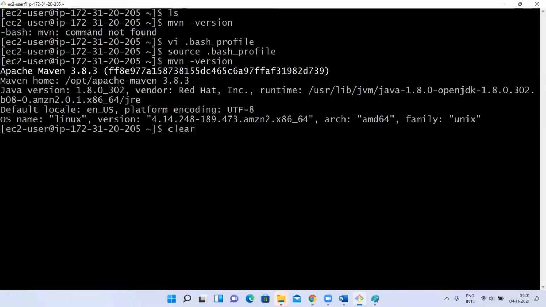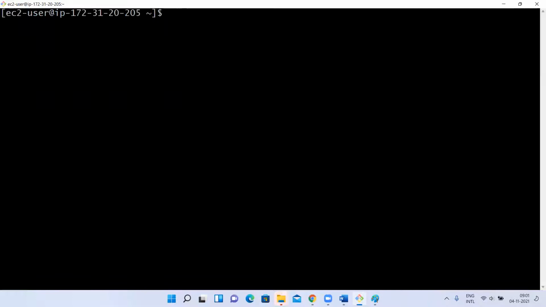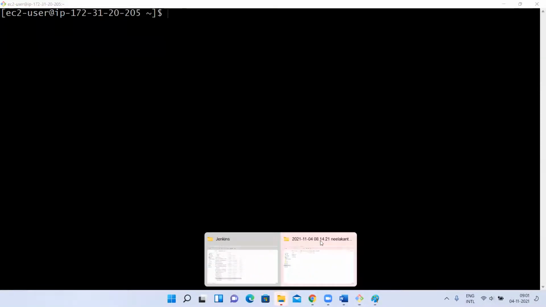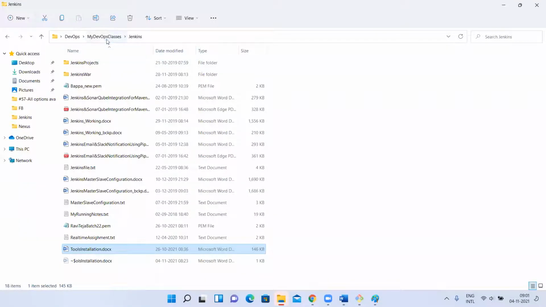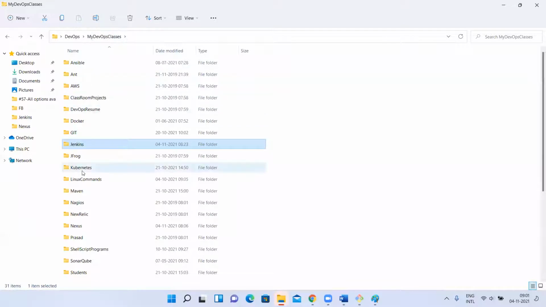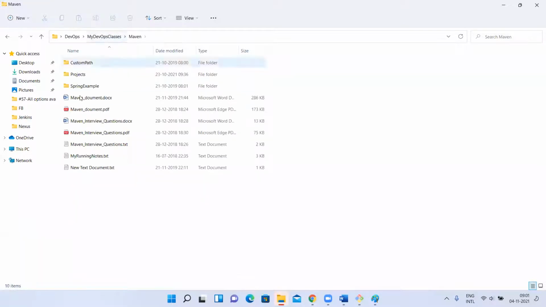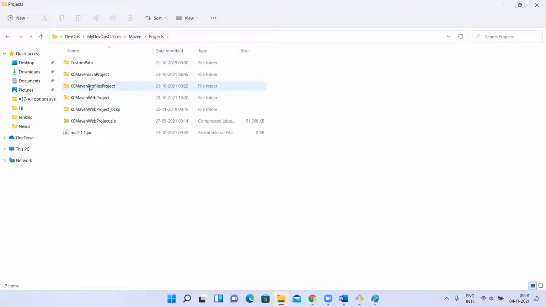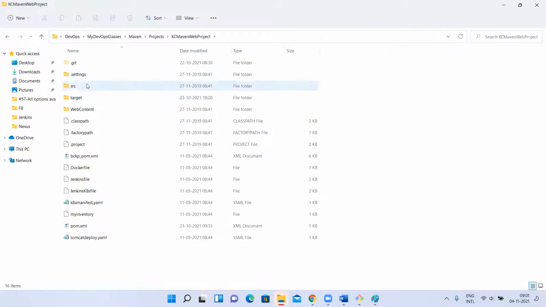Yes, Maven is there. Now what I'll do is I'll go to one of my projects and clone it. Just a second. Which project, I forgot. Maven projects. Let me open it.